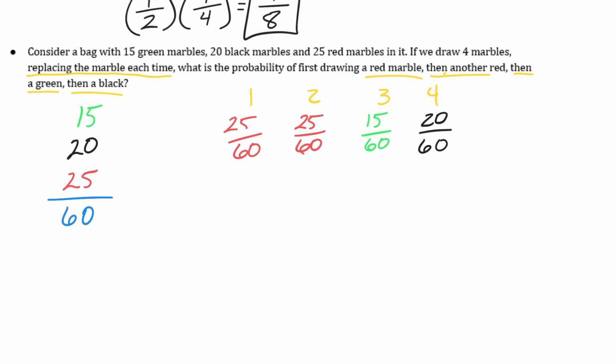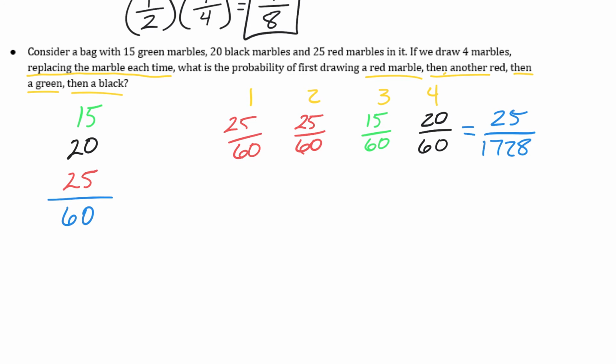If you want to reduce as you do these, you're welcome to do that. On the other two, I couldn't do it quite as easily, but I know that 20 over 60 is 1/3. So when I go to take that and put it in my calculator, I'm going to go ahead and reduce that so it's easier to calculate. So my probability is reduced 25 over